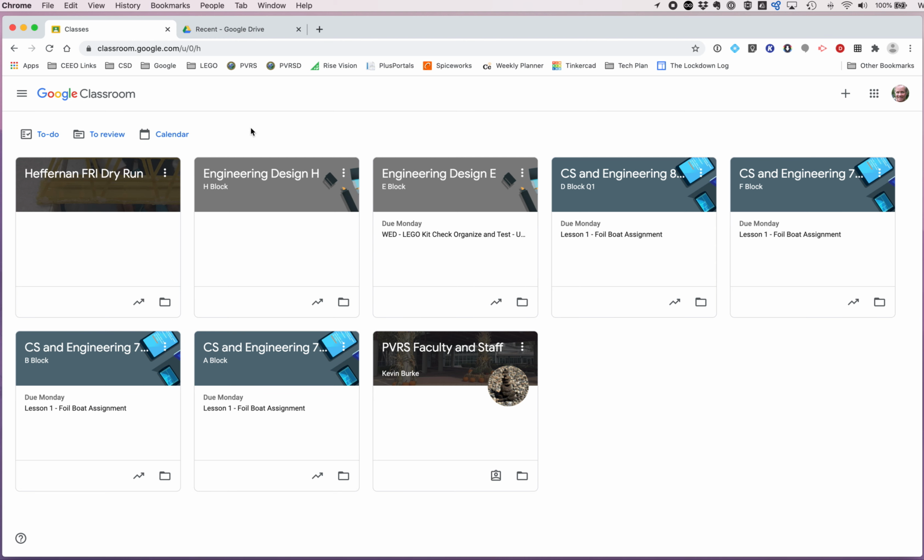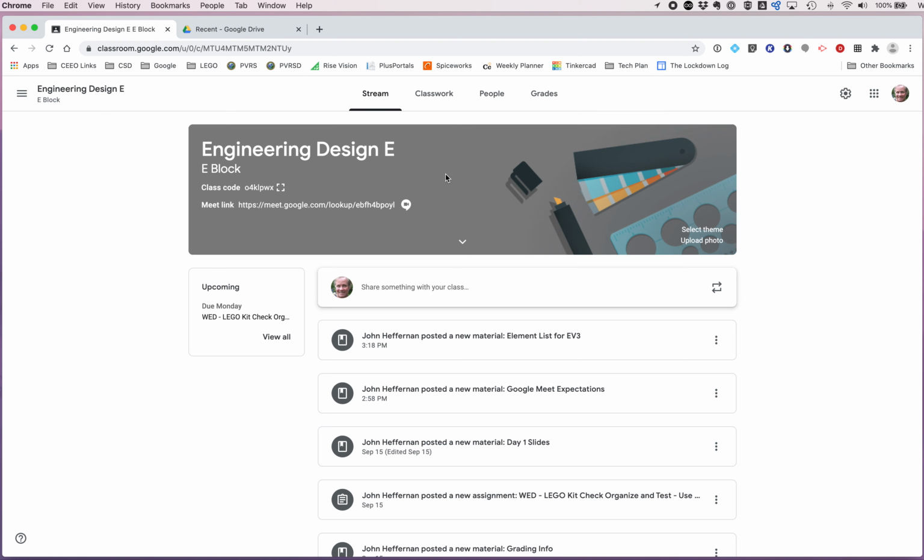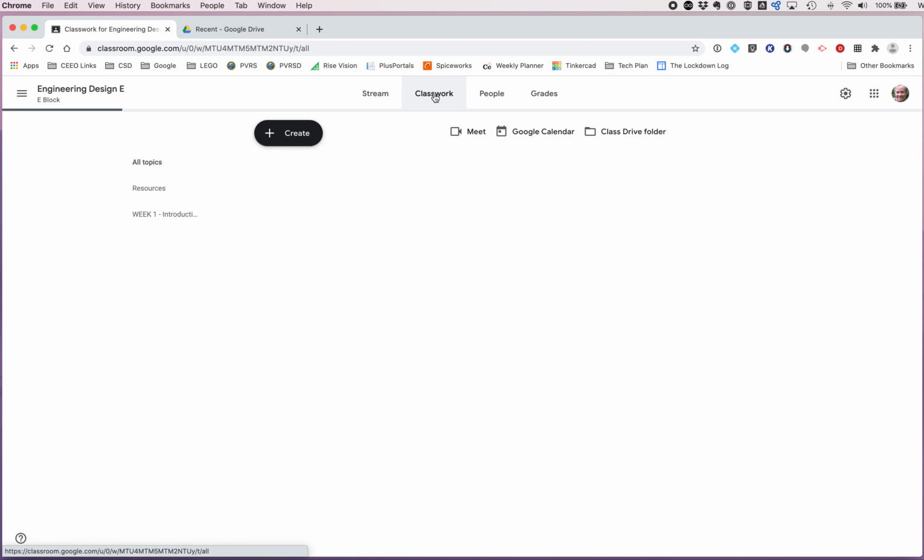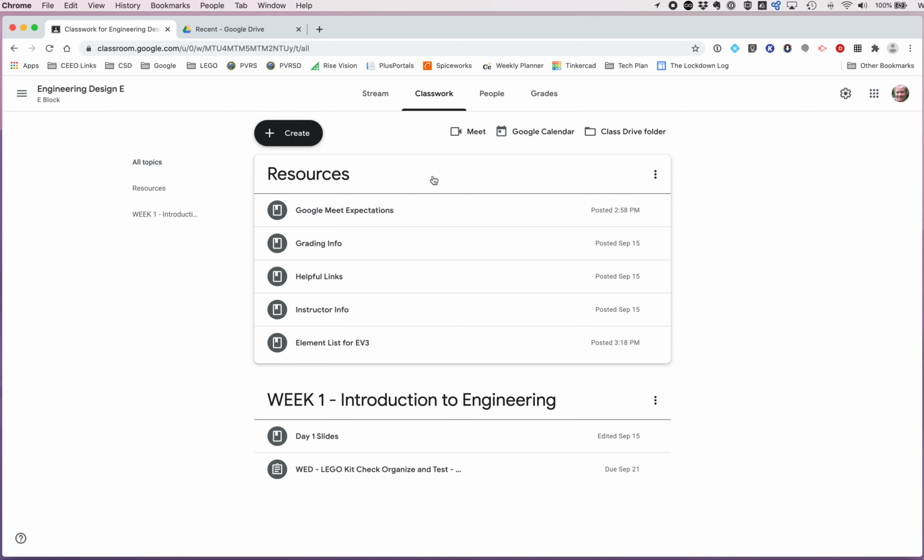All right, so here's our Google Classroom here. You can see I have my Drive also open over here. All right, let's pick a class here, Engineering Design, E-Block. There's my class. I'm going to go to my classwork. That's where I always organize everything. All right, and you can see I have some different topics here, some different